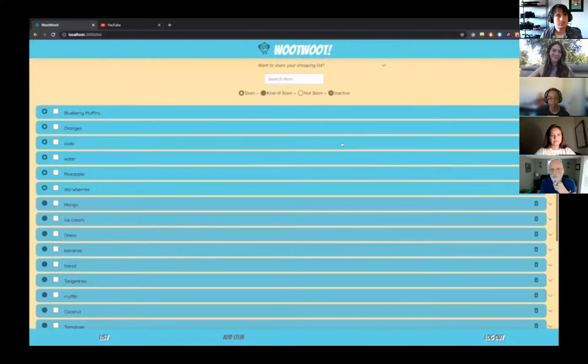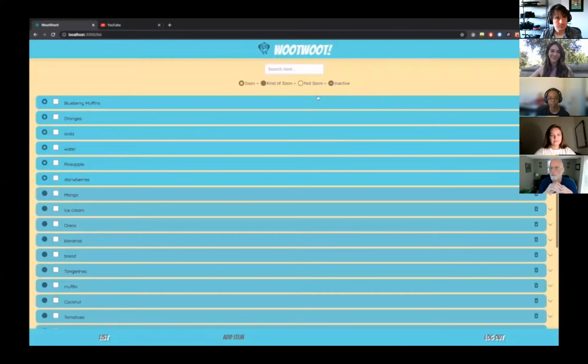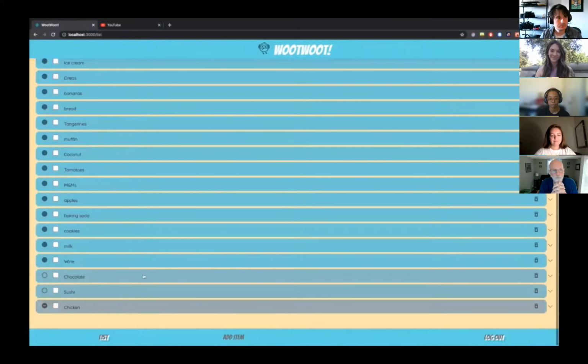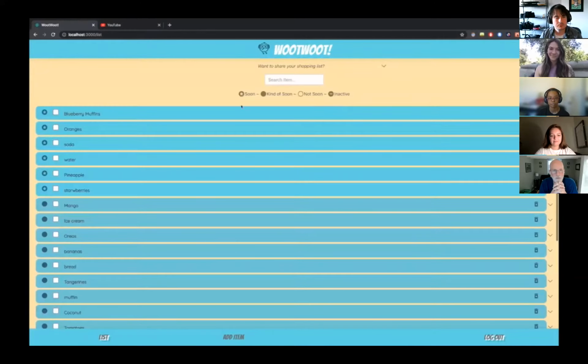You can also see that the items I need to purchase soon have a light hue of blue right below. For the kind of soon, a darker hue, and the not soon, even darker, and then the inactive item is completely gray. Going a little deeper into each card's features, we could see on the left of the name